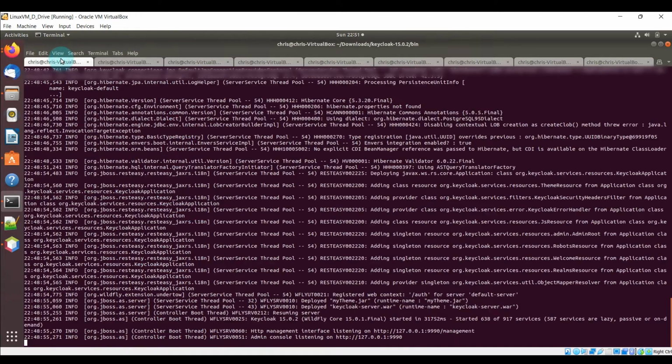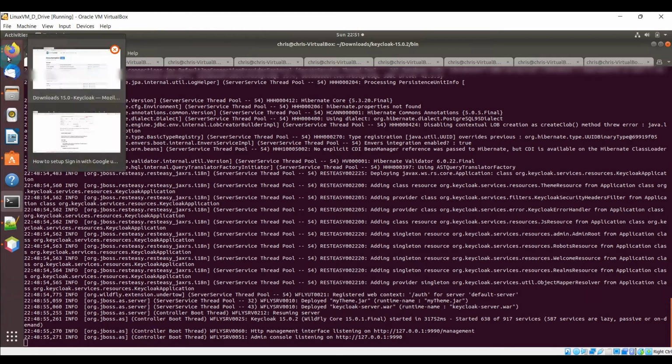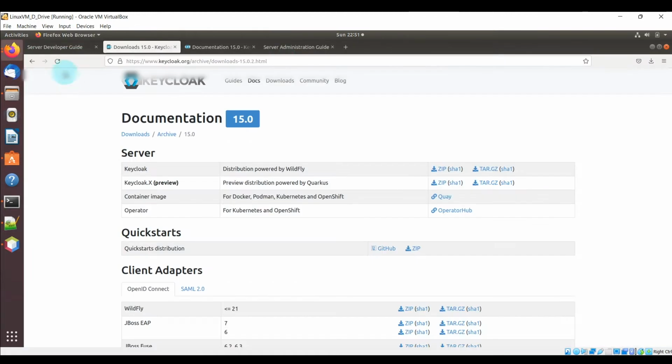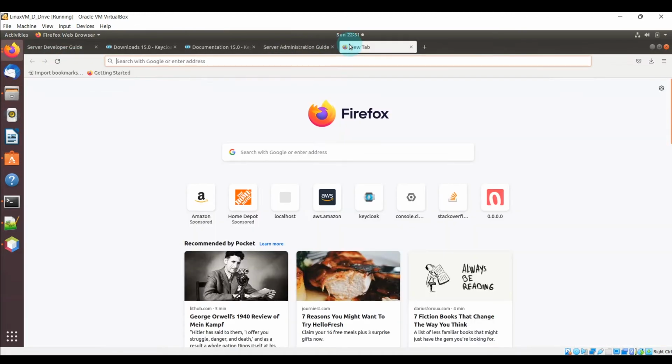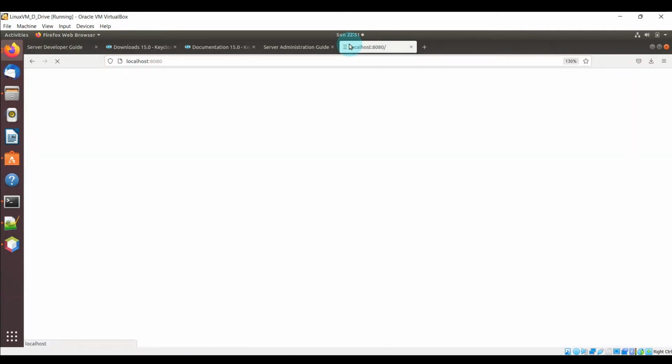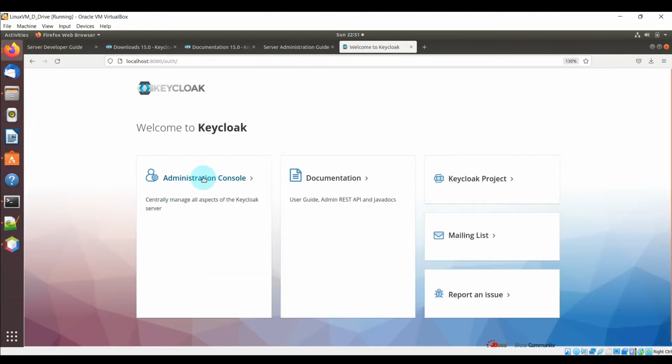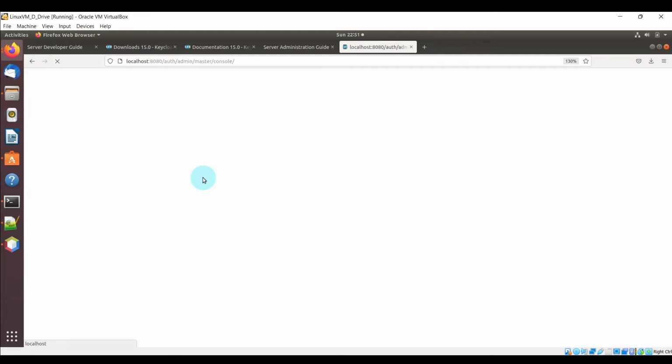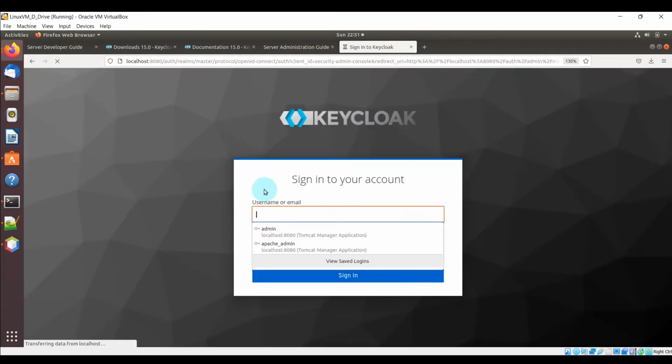Let me see here. I do have my Keycloak instance pointing to my PostgreSQL database endpoint, and now it's up and running. So if I go here online, one second, and you should be able to see, but just open up a new page here. Go to localhost 8080, and here's my instance, and I can go ahead and log in here,